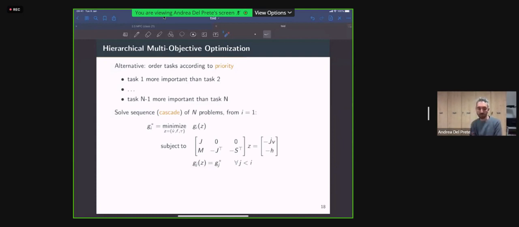So in this case, you're going to end up solving not one optimization problem, but N optimization problems.